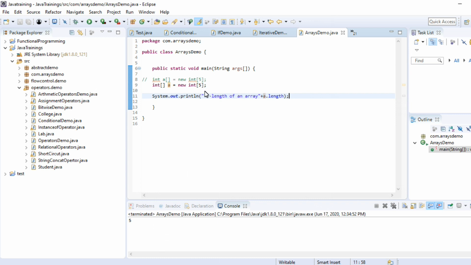How can we access using an index? I want to print the first element inside this array. I didn't give any value, so by default it has to print 0, because for integer the default value is 0. I am trying to access the first element.